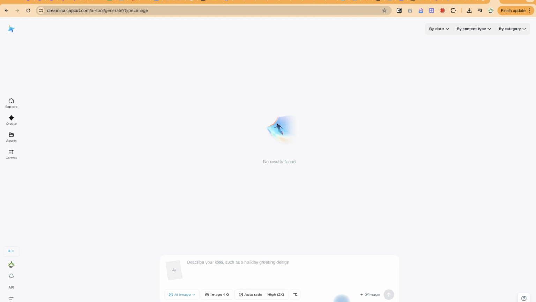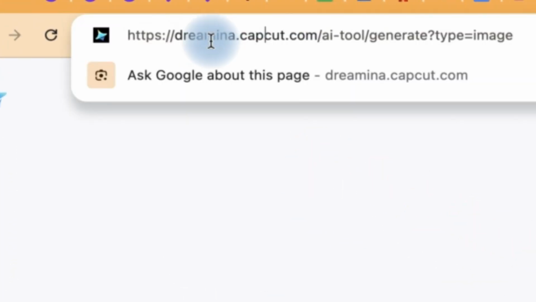In this tutorial we're going to learn how to create fantastic images using the Dreamina AI. This is powered by CapCut, but you can have access to it and generate your images completely free of charge. To start with, you can come to your browser and just type in